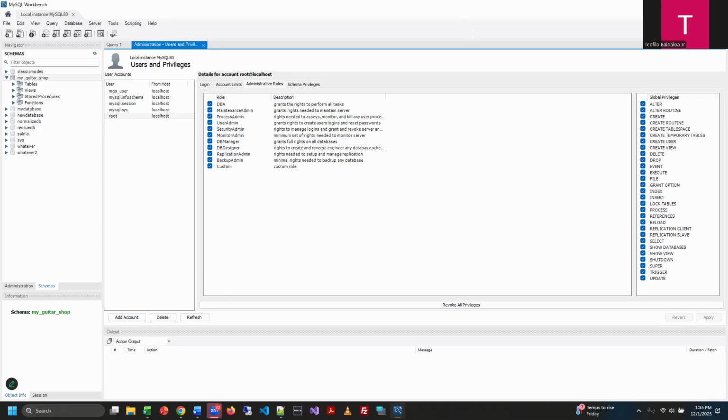I don't know if you guys can see where my thing is. Maybe I'll turn on a little highlighter here. Makes my pointer a little easier to see. So I'm going to click on add account,